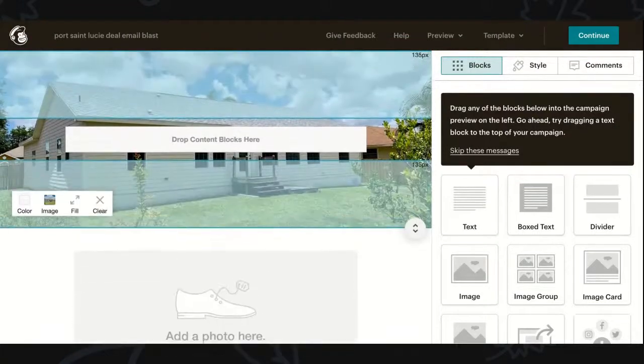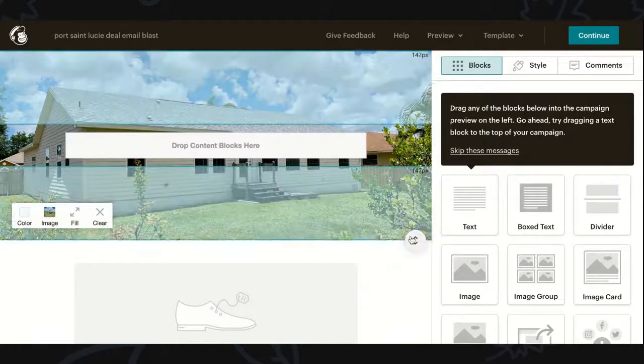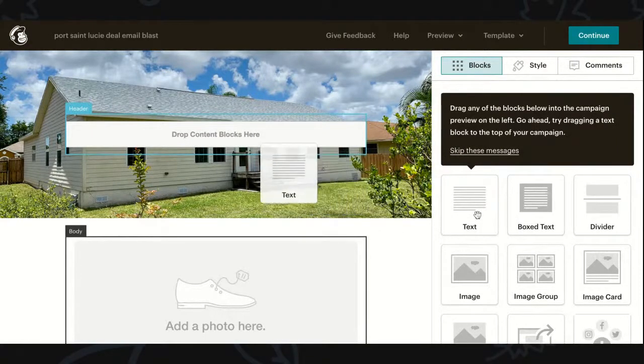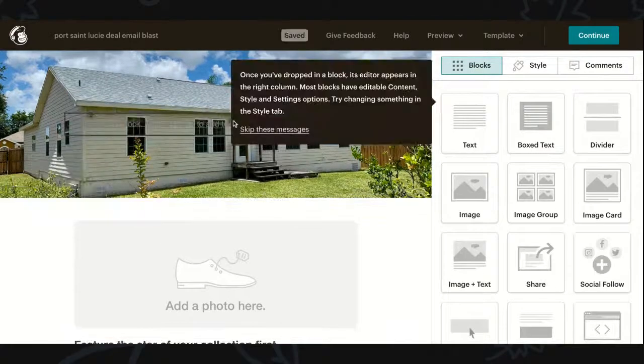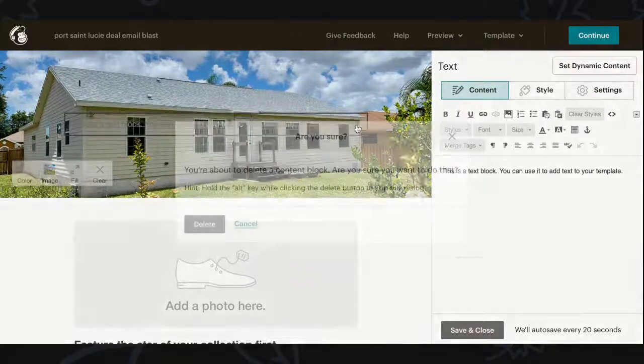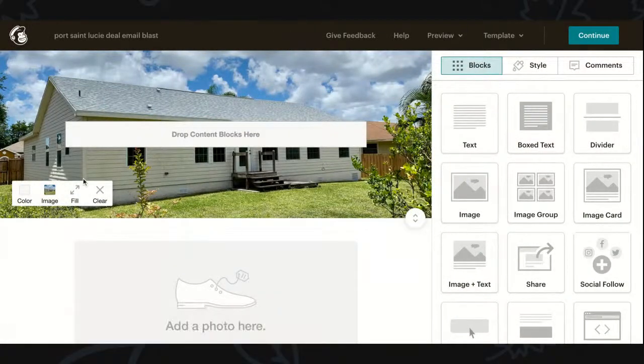So what we're going to do is make it look pretty decent. Let's do something like this. Drop content blocks here, and now I get creative. You guys are so much more creative than me. I'm very analytical, so it's insane how creative people are. But you can do a little background here, and put a text here. You can get very creative with it. So now I have the picture of the property here. I like to delete the extras and just have the property right there. That pretty much looks good, and that's what the picture looks like.